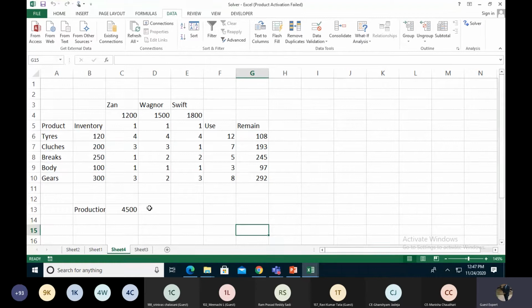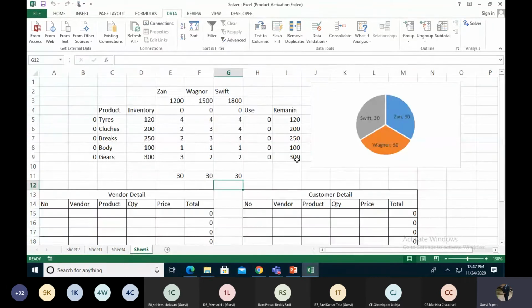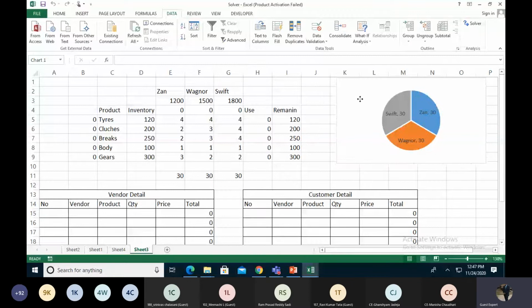We are using the SUMIF and SUMIFS functions. We purchase tires, clutches, brakes, bodies and gears from different vendors, and we sell the Zen, Wagon R, and Swift. So how much production we need, which kind of inventory we need. So we made one project, which I am showing you graphically.